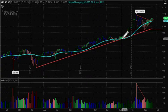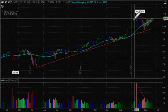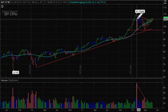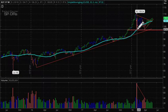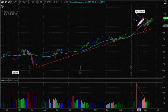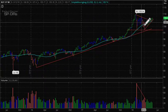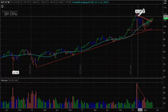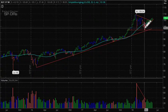Like many other stocks, XLY had a very accelerated run into the end of 2017 and early 2018. This was a very bearish looking bar on extremely high volume. You can see here, very long ranging bar, although again, as we saw with many price bars in this time period, a relatively high finish, and then some volatility as we saw in the spring, and the price action sort of formed a wedge like this that was symmetric as price tightened,